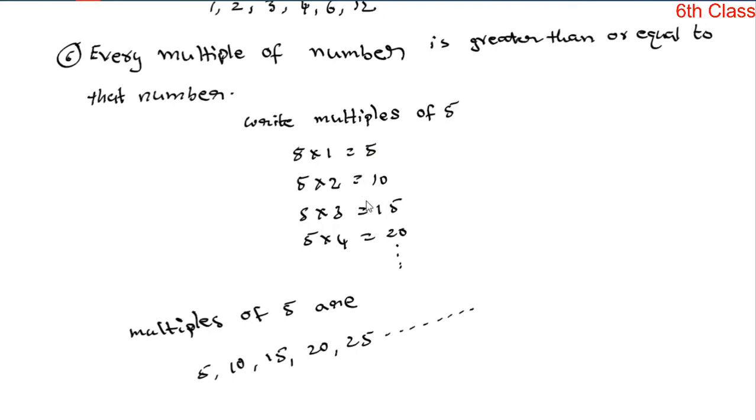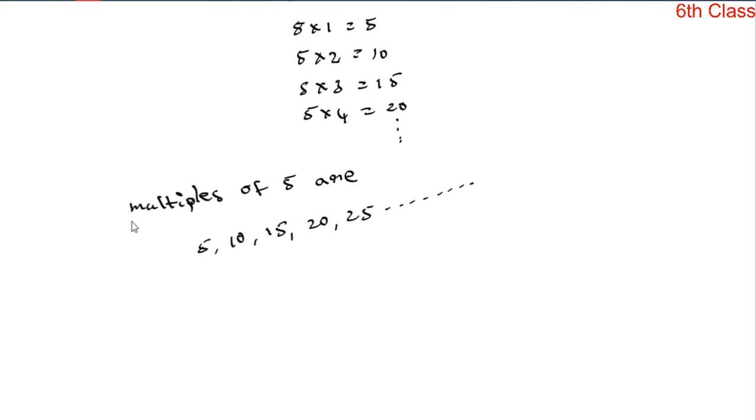Now you try some examples. Check this property: every multiple of a number is greater than or equal to that number. Next property,